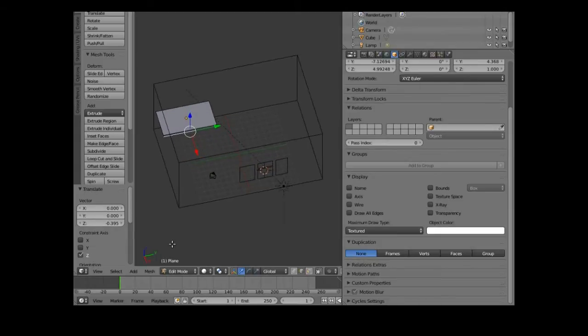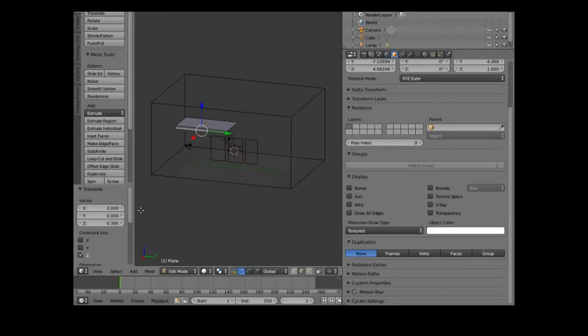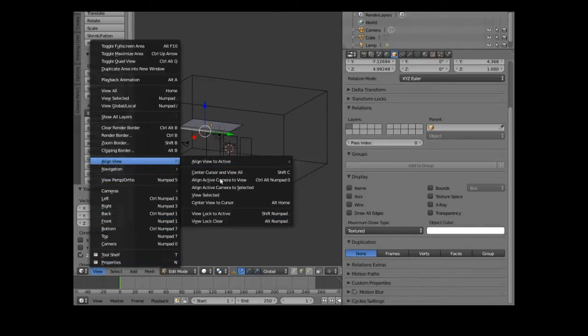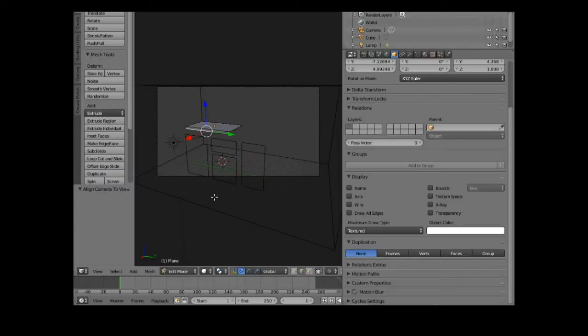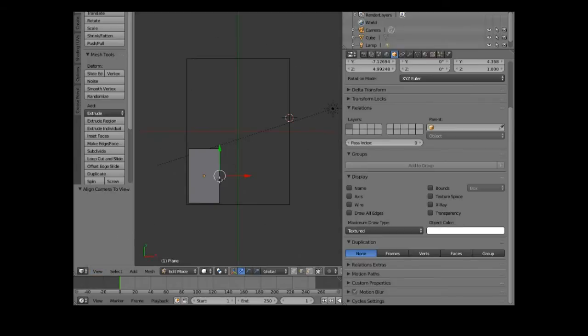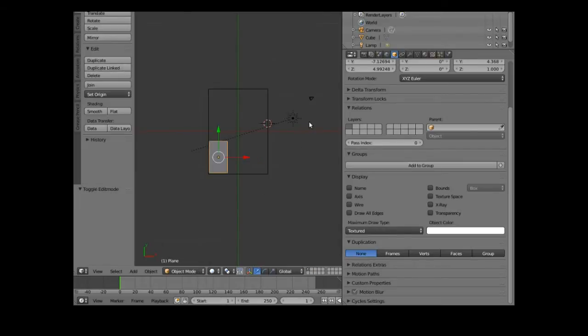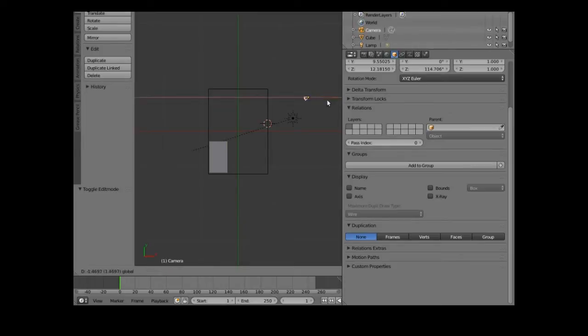Really good. Right, now I want to set up camera view, align view, align active camera to view, and view top. The camera's gone all the way over there. Back into object mode, select the camera, bring it into the room, put it somewhere that looks logical,